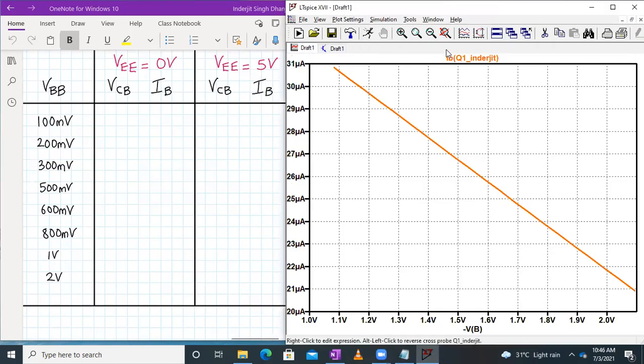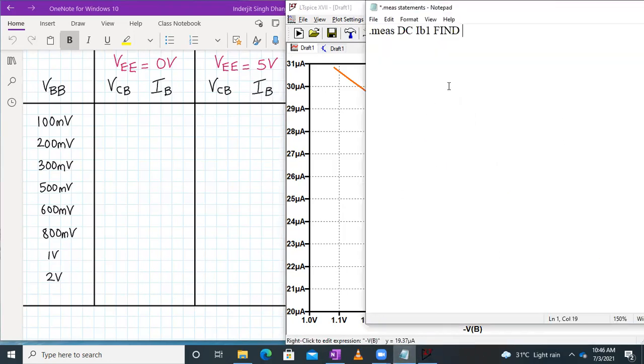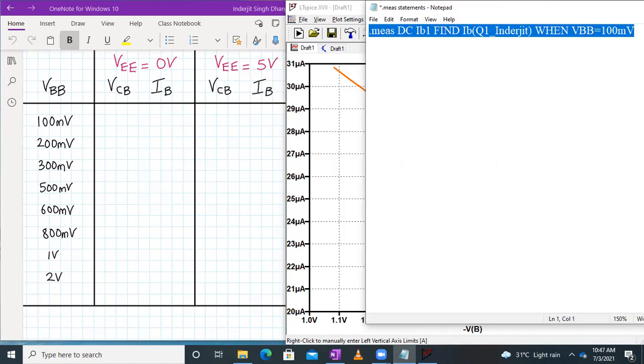Now we enter this label, IB of Q1 underscore the name, and then find IB when VBB is equal to 100 millivolt. Here the statement will measure the value of base current when VBB is equal to 100 millivolt. Similarly, we can write the other statements.